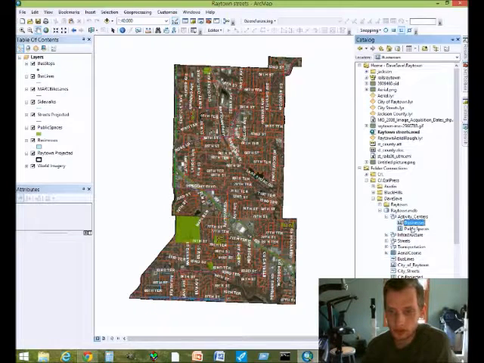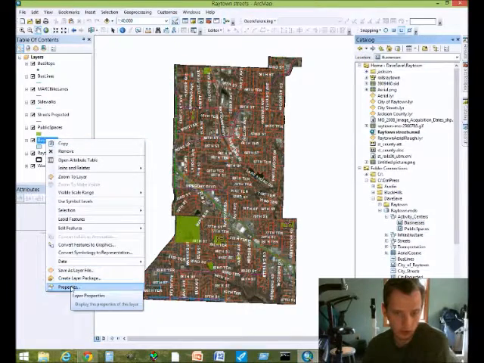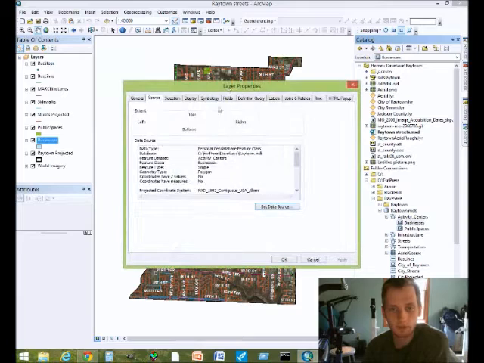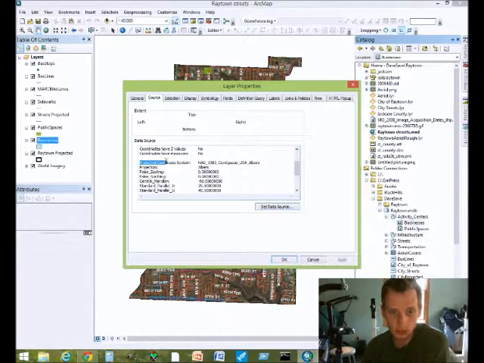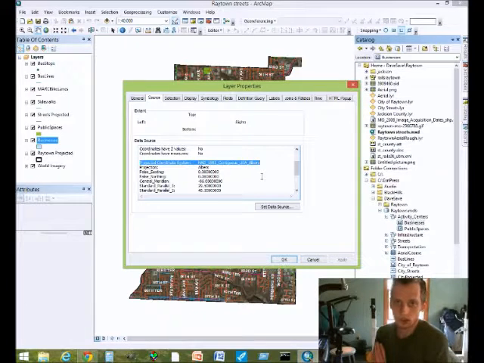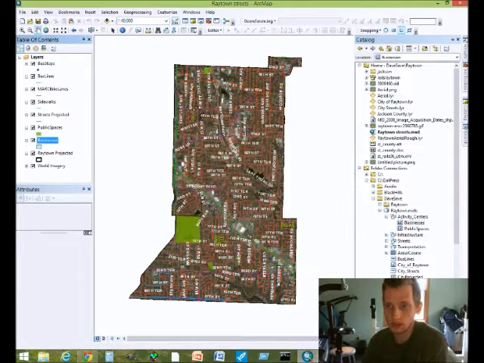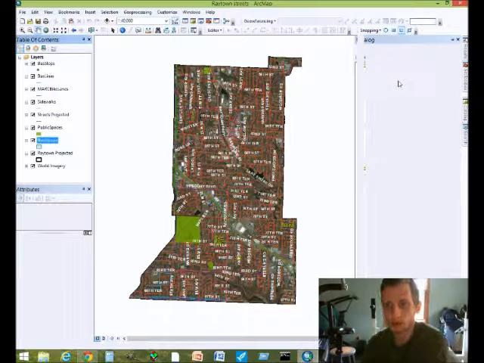Now you're going to have to project it, make sure that it's all fit to the right coordinate system. To check that, you can just right click on your imported feature data or feature class, and you go to source, and right here it says projected coordinate system. You want to make sure that that's the same for all of your features over here in the table of contents, that they're all projected to the same thing. If they're not projected to the same thing, we go over to Arc Toolbox